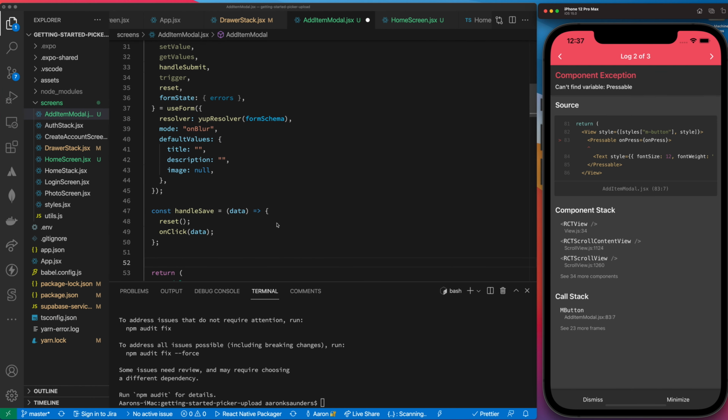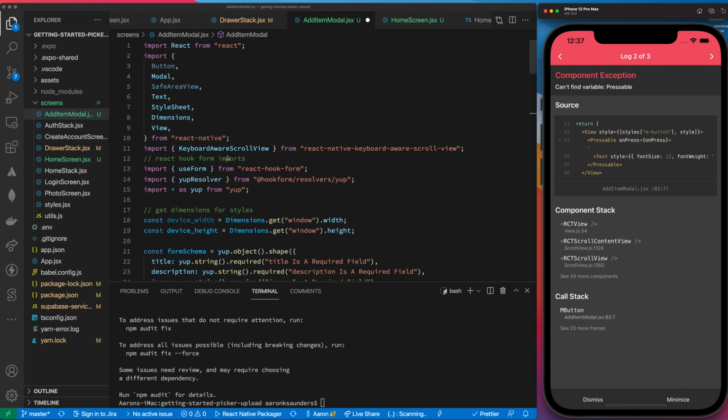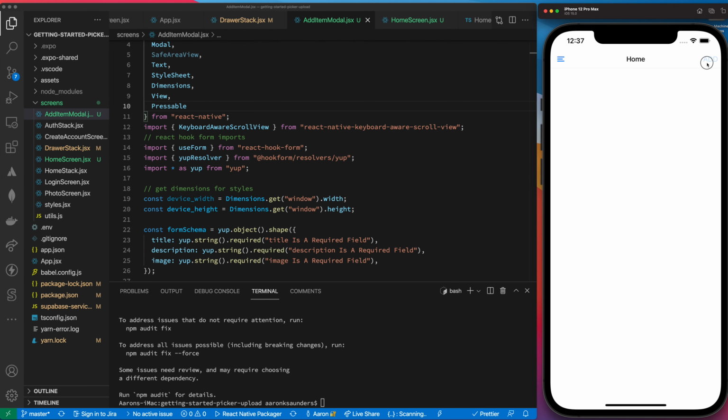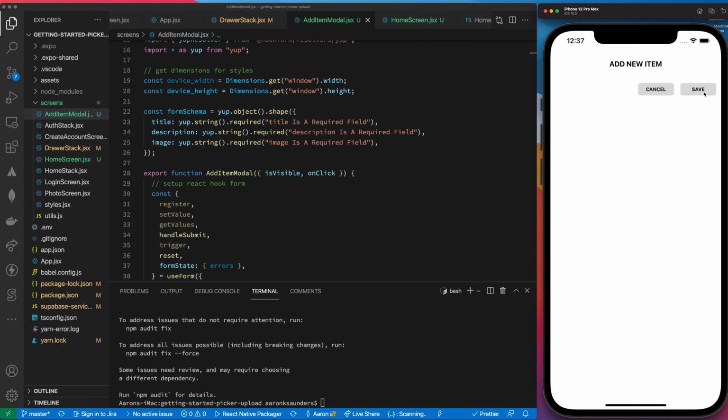And I need to add Pressable because I'm using Pressable in my buttons. So let's go up here and add that. Okay, so you can see we have our two buttons, our cancel and our save. Cancel closes the dialog, and that's what we want, and save calls the submit when valid. And of course, if nothing's valid because I haven't added any items to the form field,